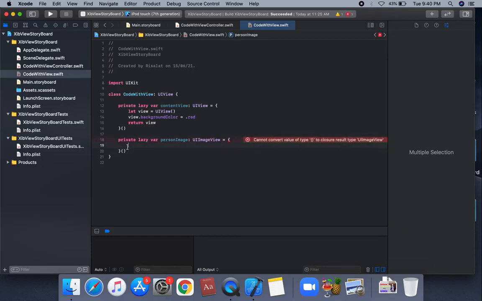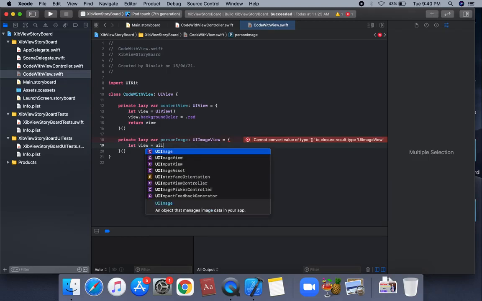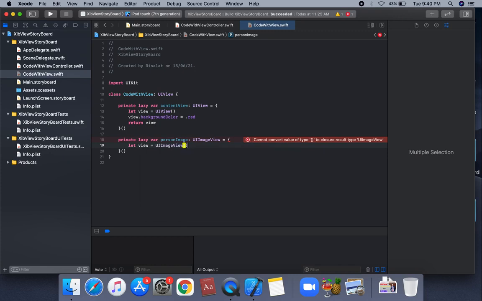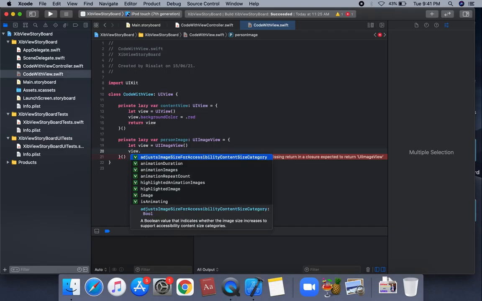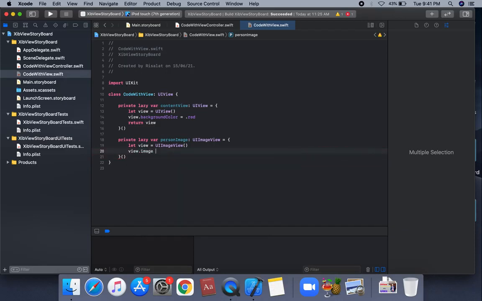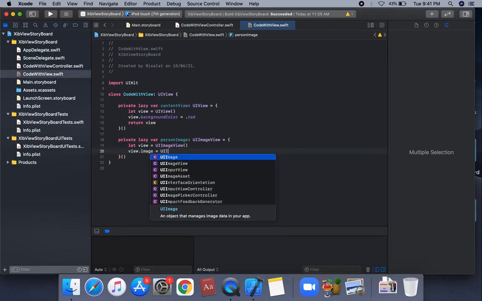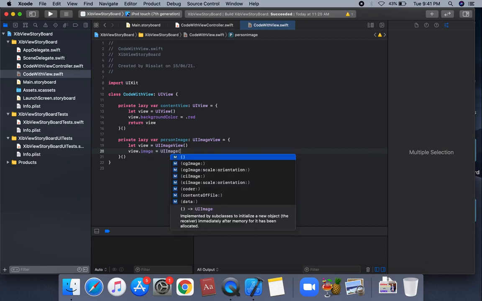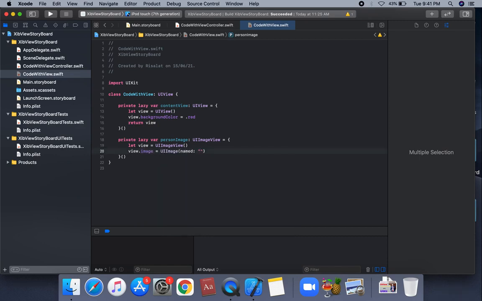Let image view is equal to UI image view, and we can set image view dot image is equal to UI image, named initializer, passing this R image.